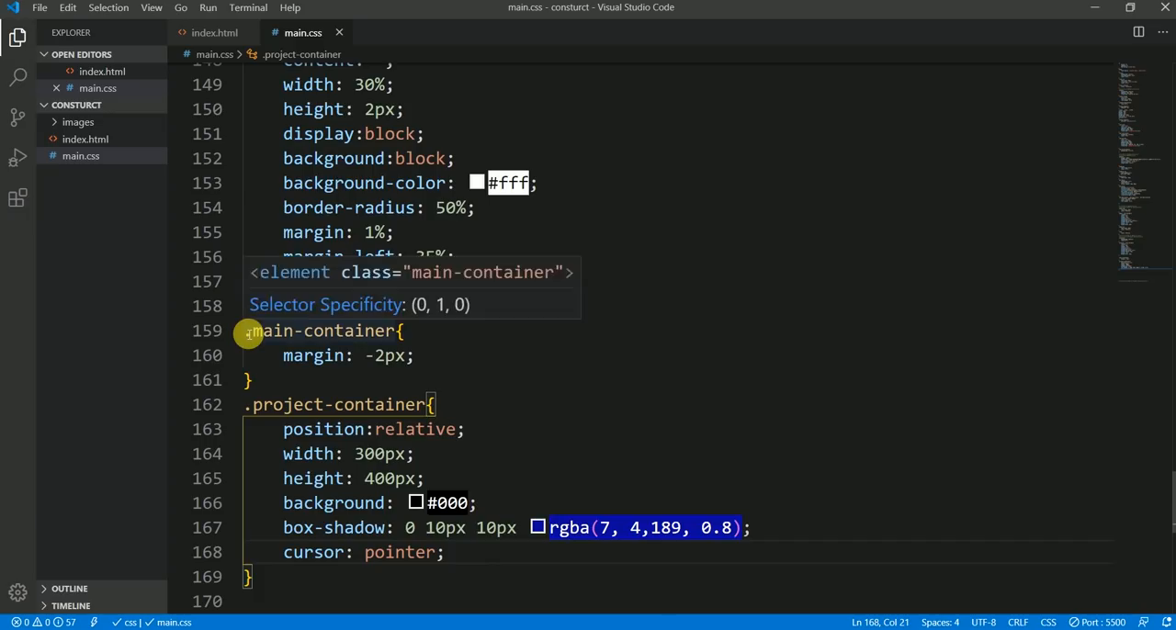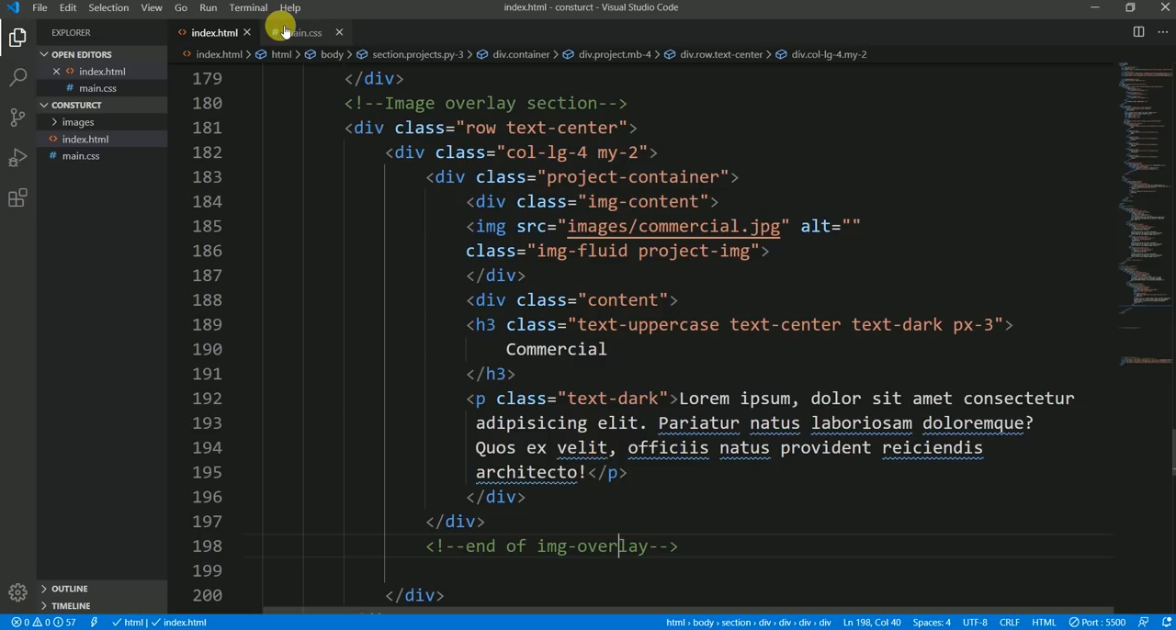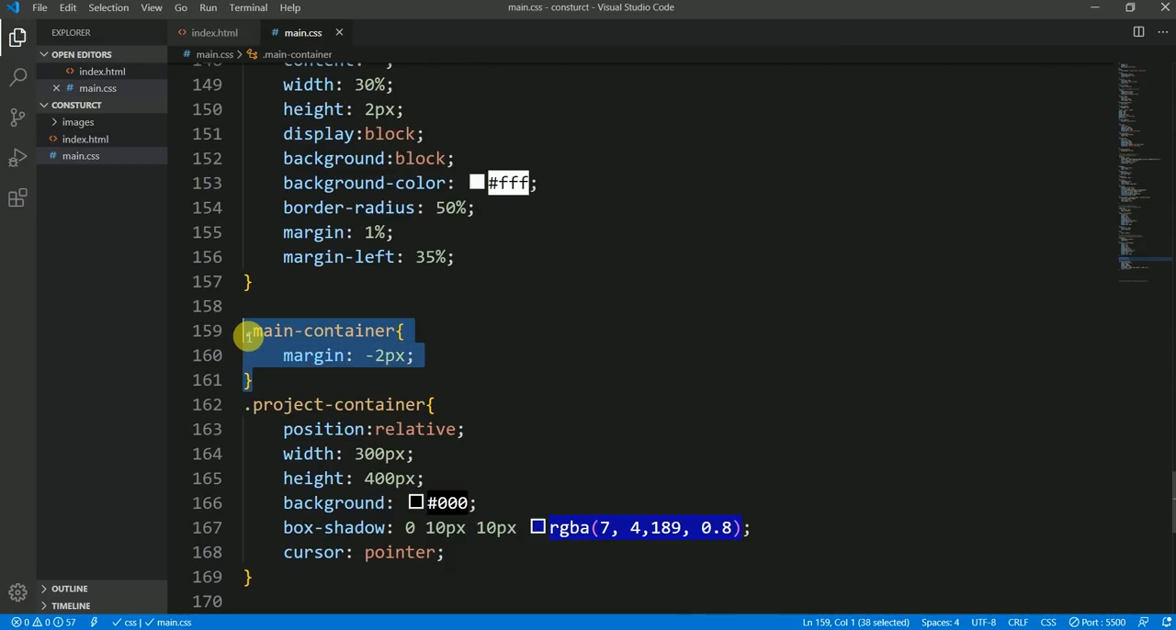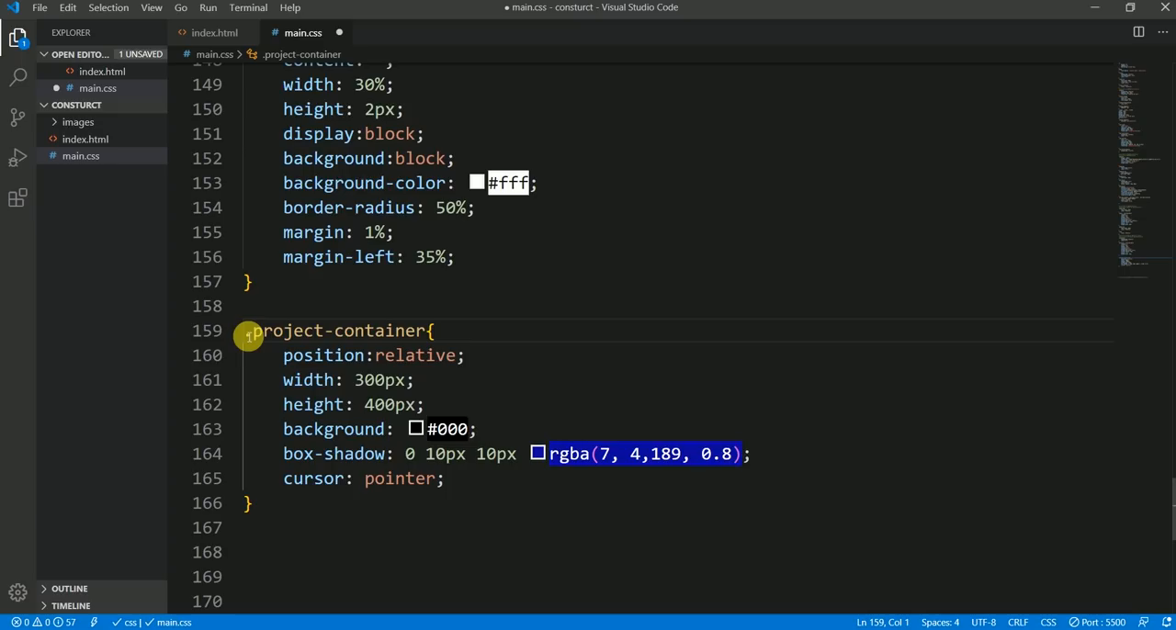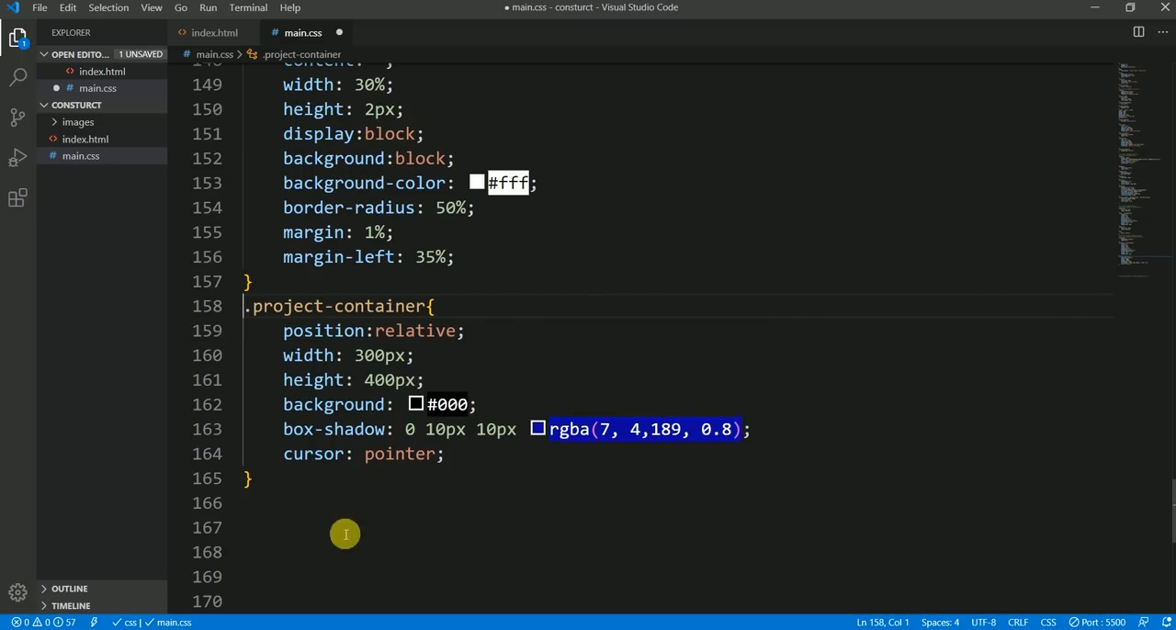Actually, I don't need this main container because I haven't used this main container class anywhere, so it's my mistake actually. I was just trying to remember where I have used that class, and I haven't used that, so I'm sorry for that. It was by mistake. And then now let's use the project container. Actually, I just use a project container class, and it's project container class with img image container,